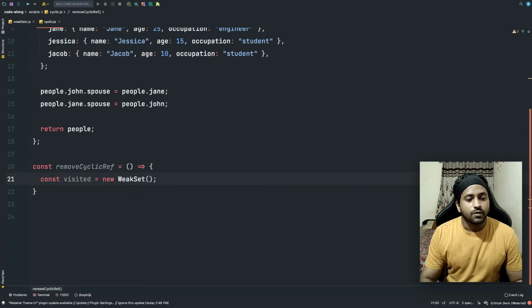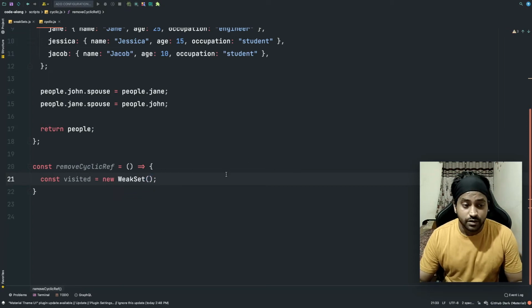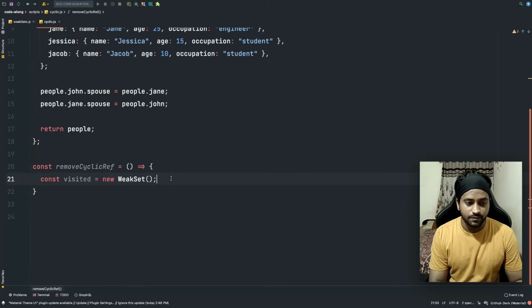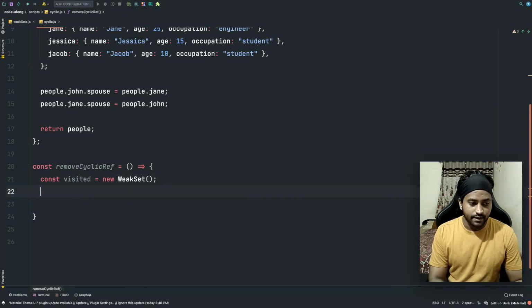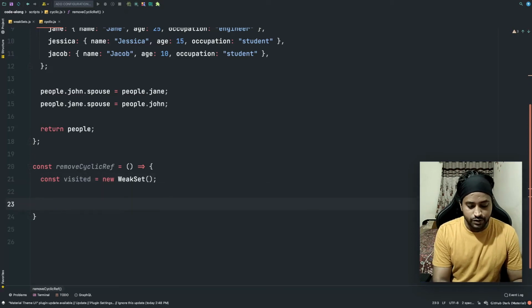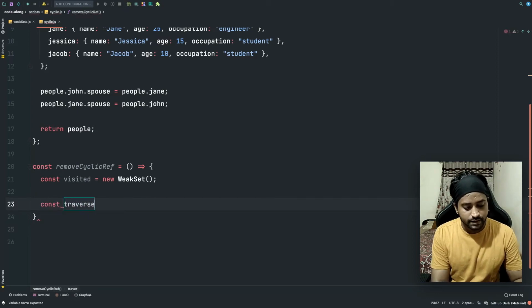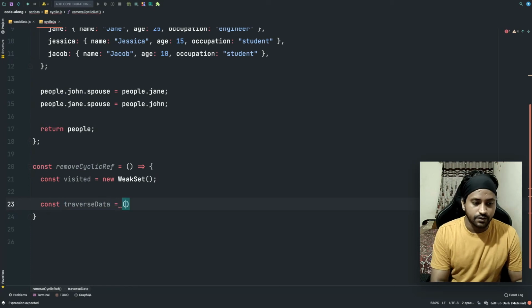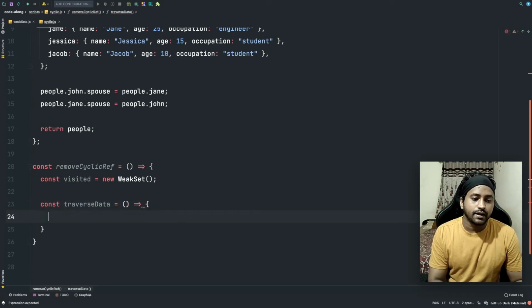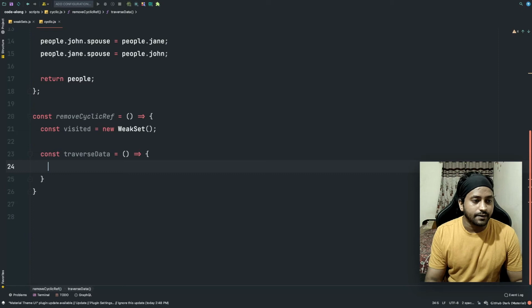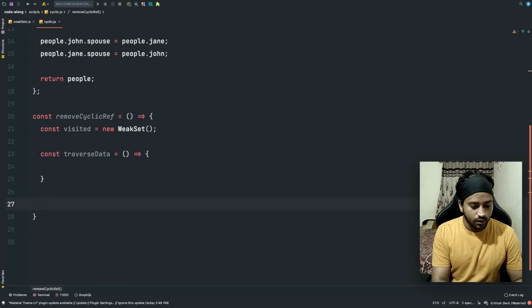Okay, so we are going to use the concept of closure. So our outer function is going to hold the WeakSet that we just created, and now we will create an inner function, let's call it traverseData, equal to this and this.